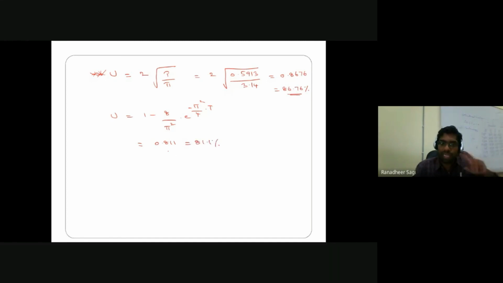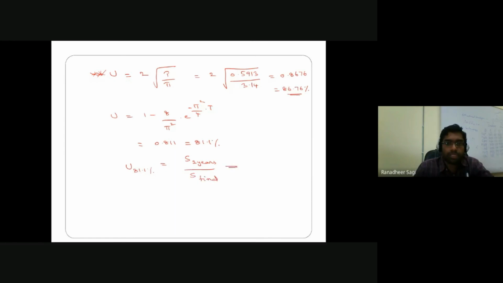And we know that the second expression is very much valid for all degrees of consolidation greater than 60%. And this U value you have calculated is in that range only. It means using your second expression is the correct one for estimating your degree of consolidation. Okay. So for degree of consolidation of 81.1%, I am once again writing down the settlement corresponding to 2 years, because this 81.1% degree of consolidation I am getting at 2 years, divided by the final settlement.